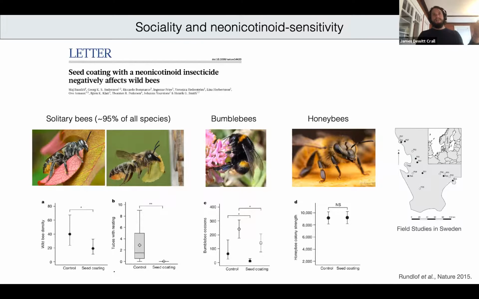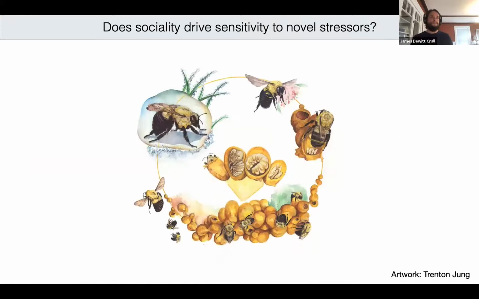The solitary bees obviously are solitary. Bumblebees usually have colonies of up to 100 or a few hundred individuals, whereas honeybees live in colonies of tens of thousands of workers. So it could be that living in that very big colony might buffer some of the effects of pesticides. And bumblebees are a really interesting system to think about this question, because as I introduced before,